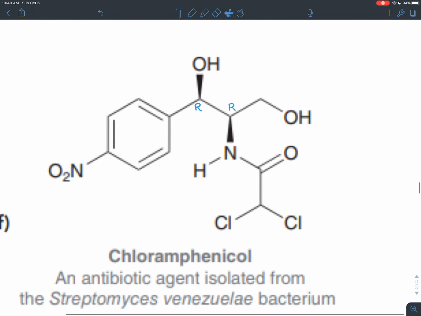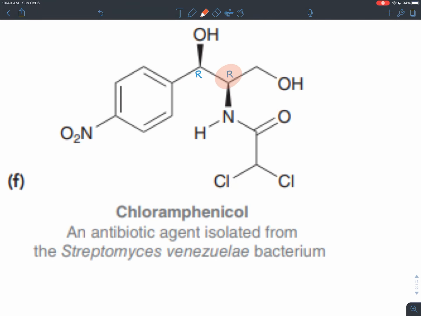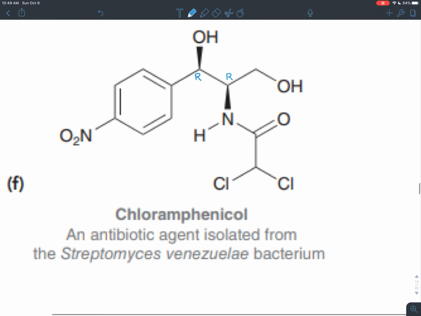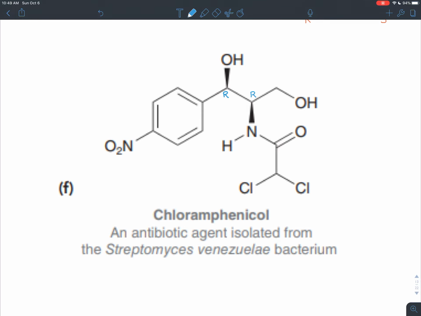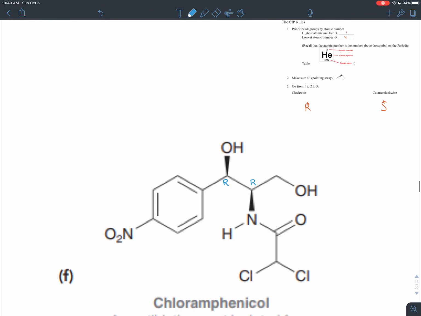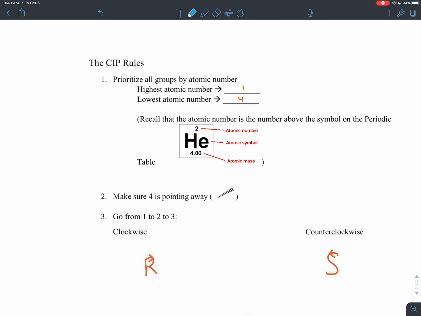And even if this whole molecule were exactly the same, all the atoms were there, they were all connected the same way, but this chiral center were the left-handed version of itself, it would not function as an antibiotic. That's the significance of that handedness. So in this molecule, we saw there were 2 chiral centers, and we saw how to assign the configuration for those based on the Cahn-Ingold